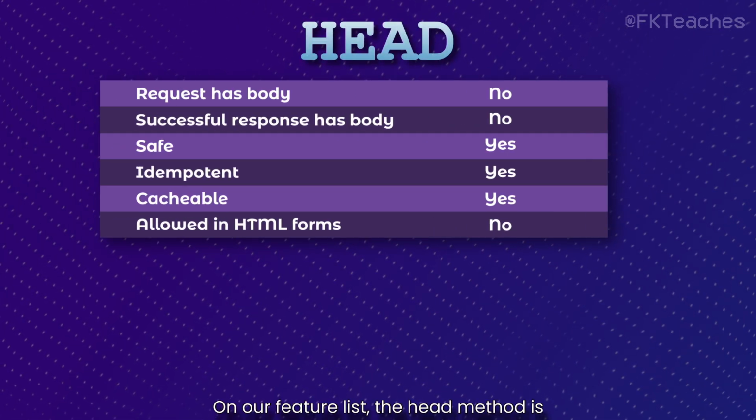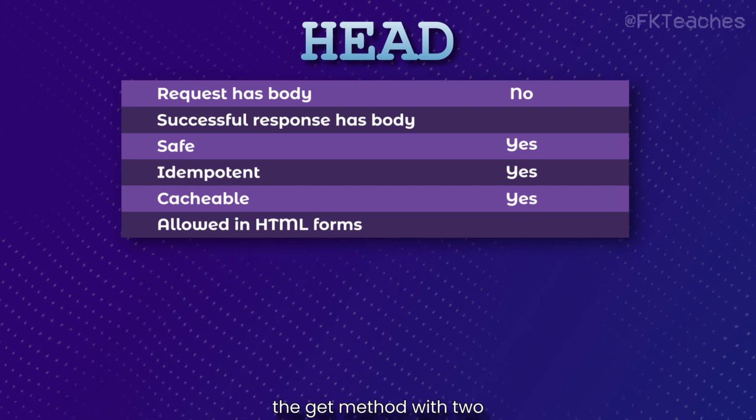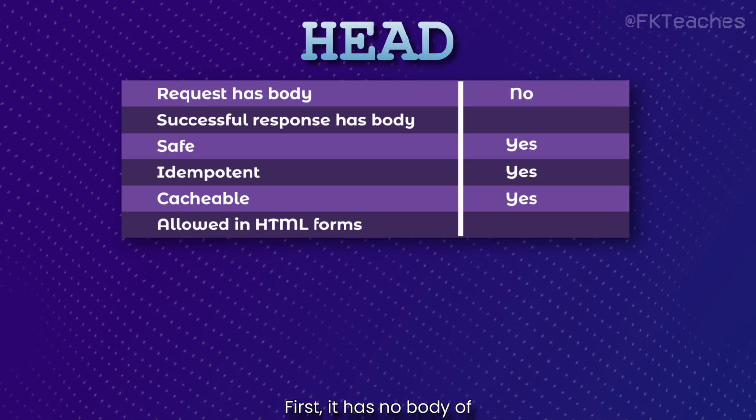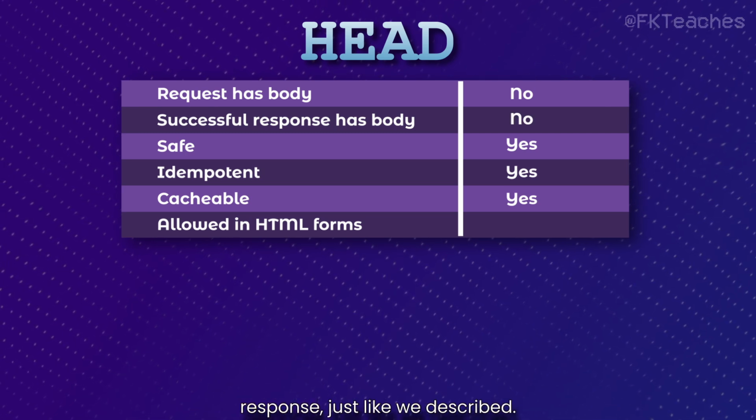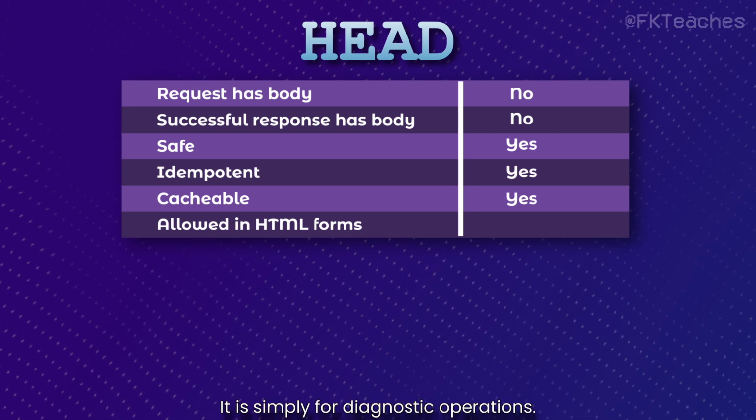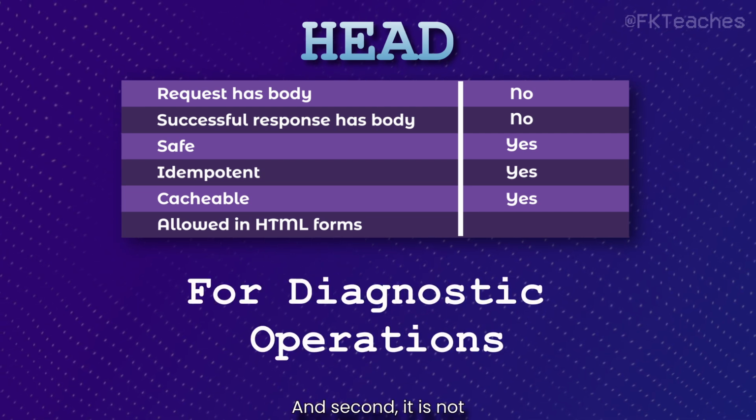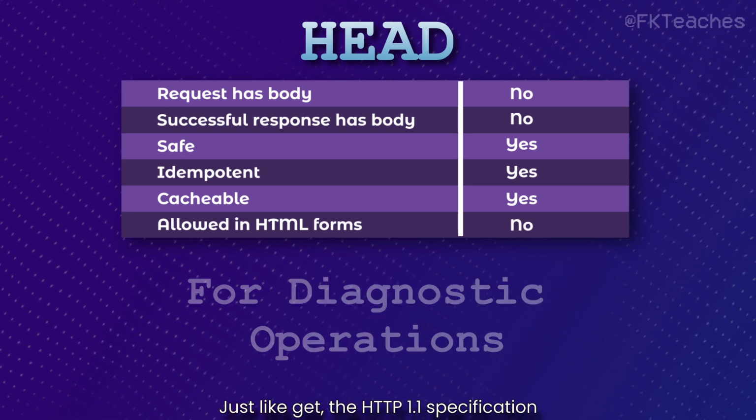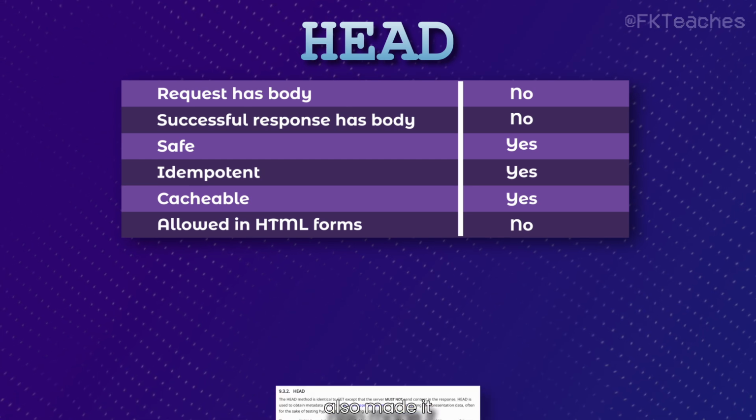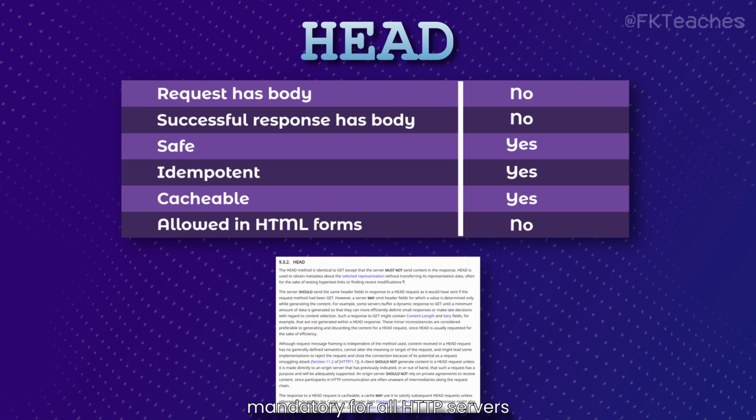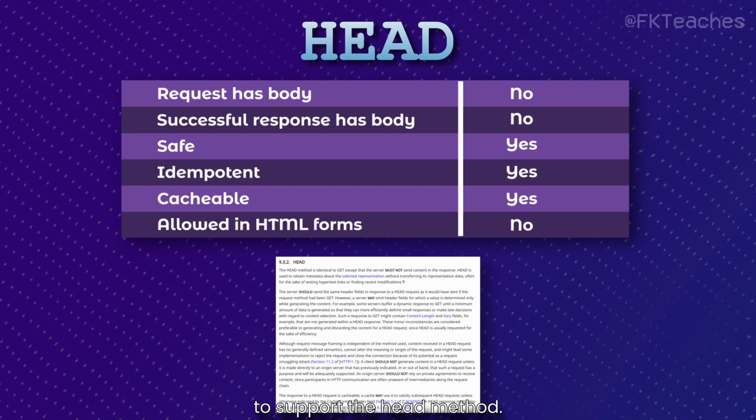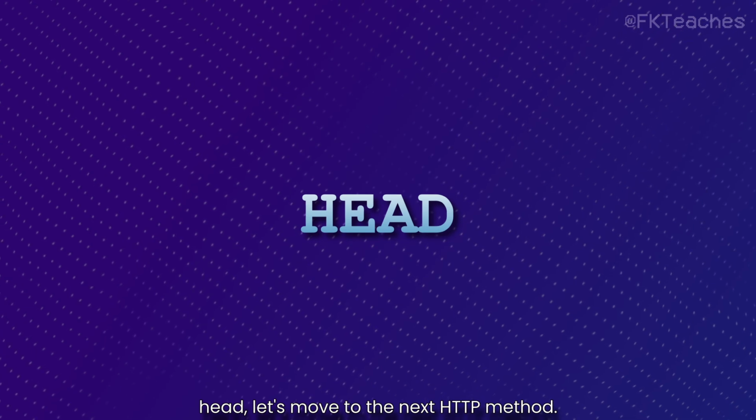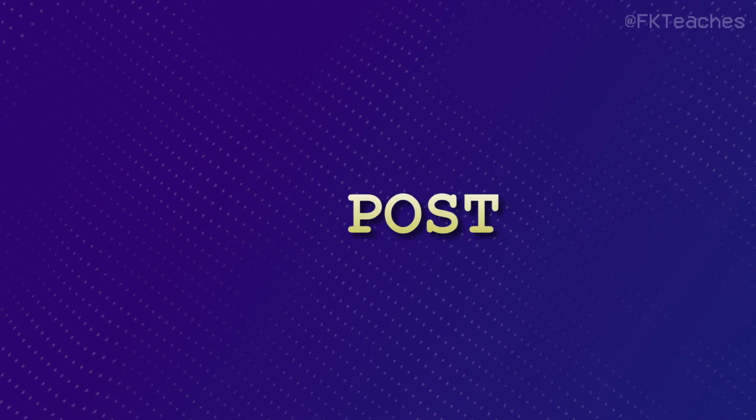On our feature list, the head method is also pretty similar to the GET method, with two major deviations. First, it has no body of response, just like we described. It is simply for diagnostic operations. And second, it is not allowed for use in an HTML form. Just like GET, the HTTP 1.1 specification also made it mandatory for all HTTP servers to support the head method. Now that we have a good understanding of head, let's move to the next HTTP method, and that will be